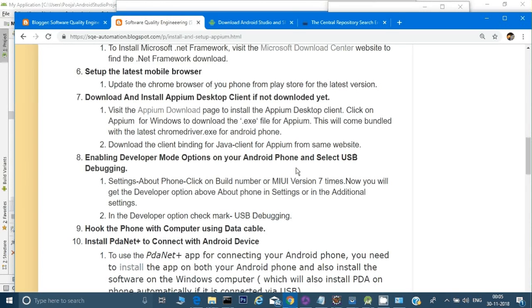So once you have turned on this developer mode, you have to hook your computer with the cable, and also your mobile. Then you have to install PdaNet. PdaNet is one of the software which helps the phone connect to the computer. So we will install this PdaNet. There is a link I have given. Just click on that link, click on PdaNet Plus on your computer. As soon as you plug in your phone with your computer, it will try to install PdaNet on your phone also. All right, so just do that, and once it is done,